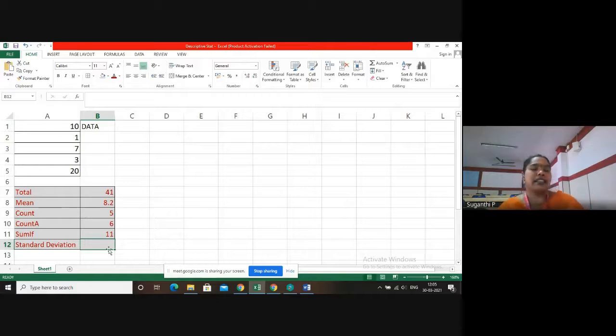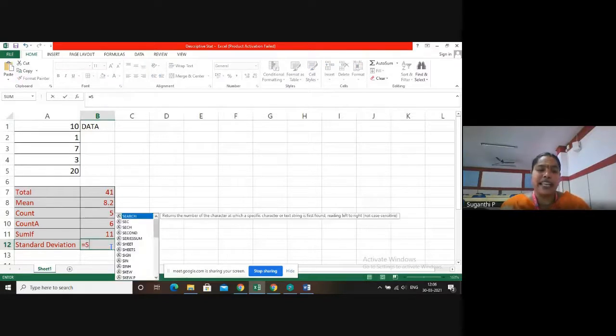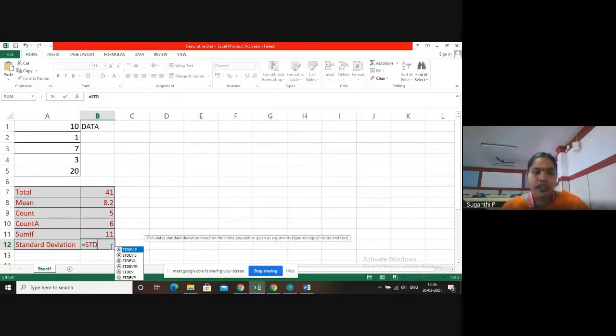Then finally it is standard deviation. To calculate standard deviation, in statistics you might have studied very big formulas, but here Excel makes our job easier. What we have to do, just press equal to, then type STD. The moment you type STD, you have certain options like STDEV.P, STDEV.S, and the list goes on.